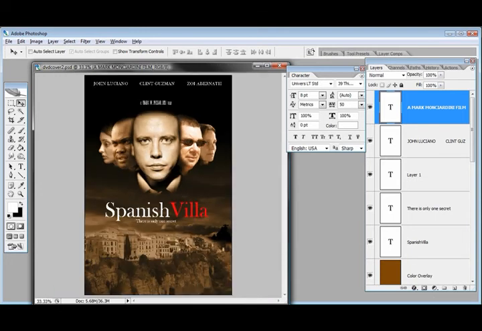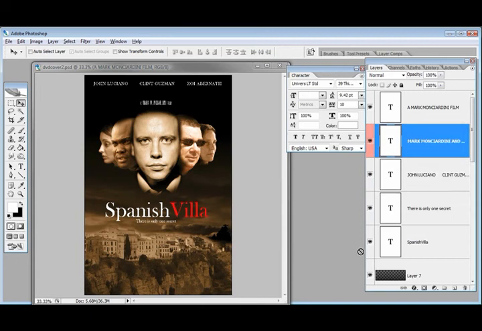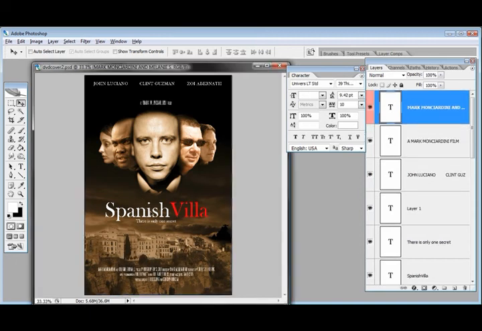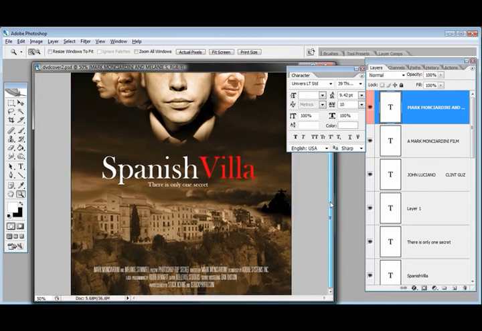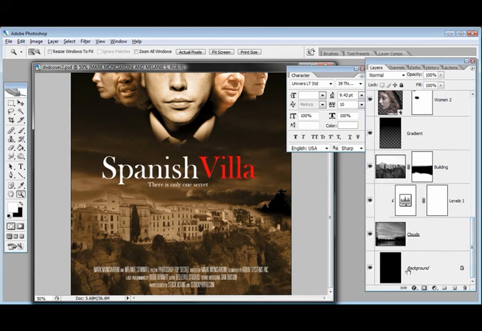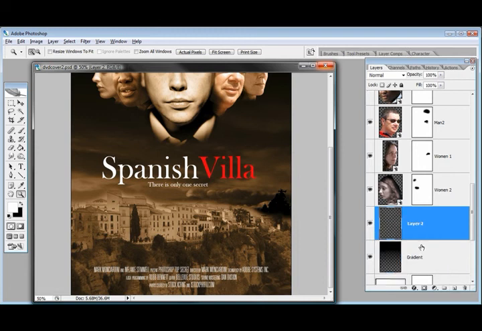And I'll zoom out, and then we will create our credit block and drag the credit block over to the poster to make it complete. And if the credit block is not visible enough on the bottom, and it's very important that this is readable, I'll make a new layer just above the gradient layer right here. And by the way, I'll go ahead and put this character palette back in the palette well. There we go. I'll make a new layer and I'll call this